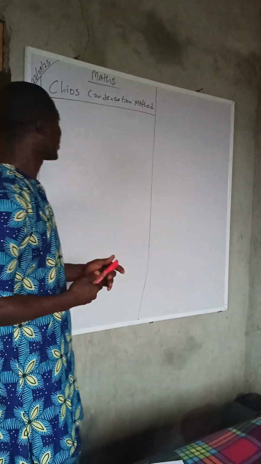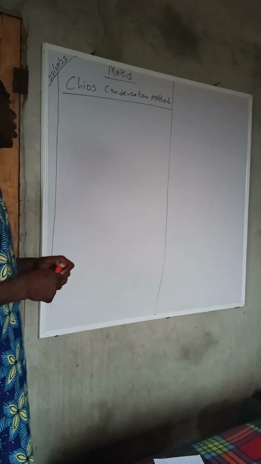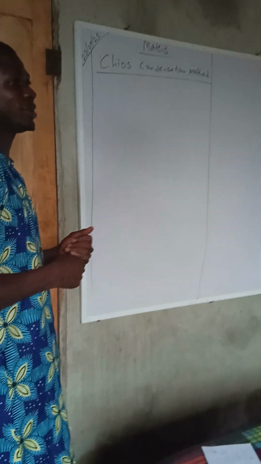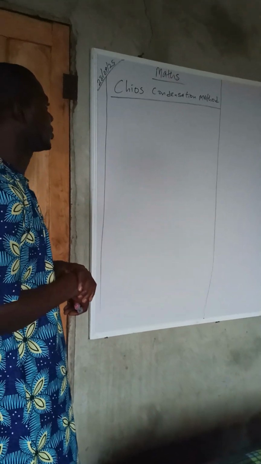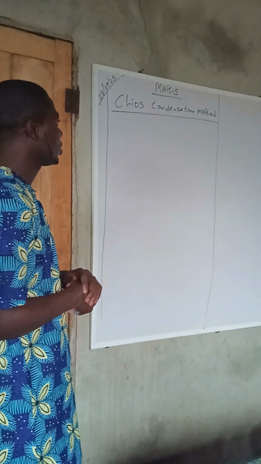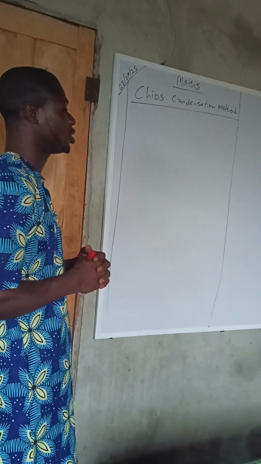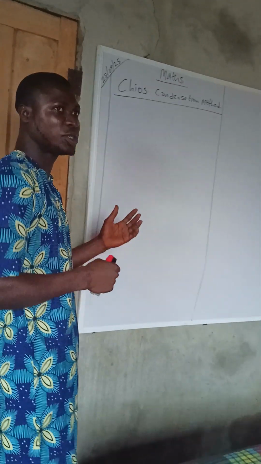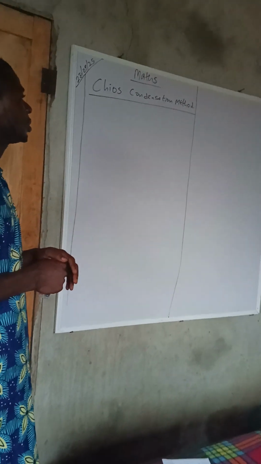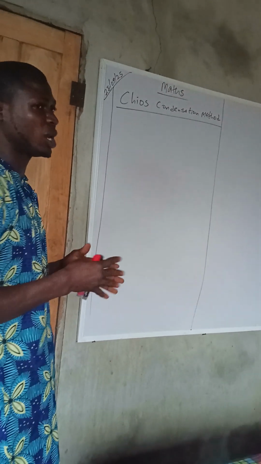Good day, viewers. Today, I'm going to show us a method called Chios condensation method that we can use in reduction of matrix. So this method is called Chios condensation method. What do we mean by Chios condensation method? Chios condensation method is a recursive algorithm used to reduce n by n matrix to a